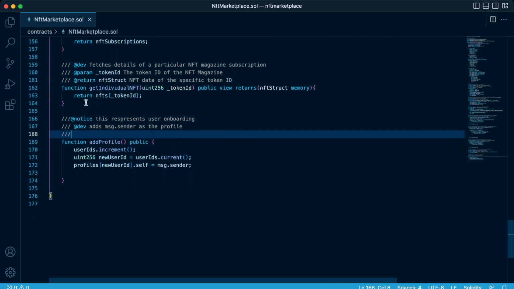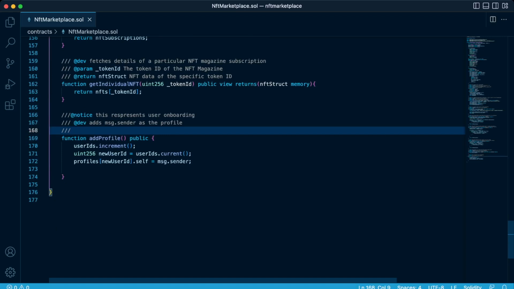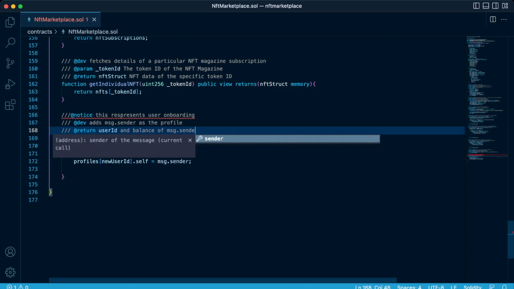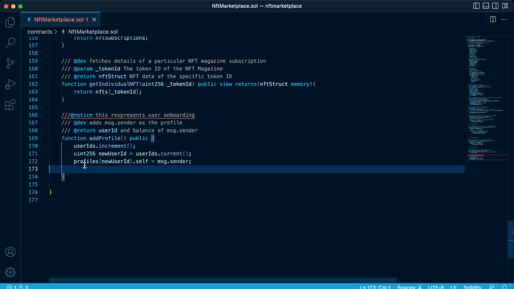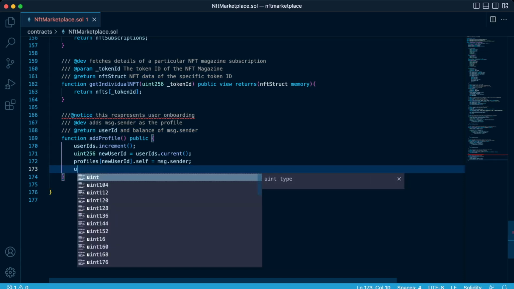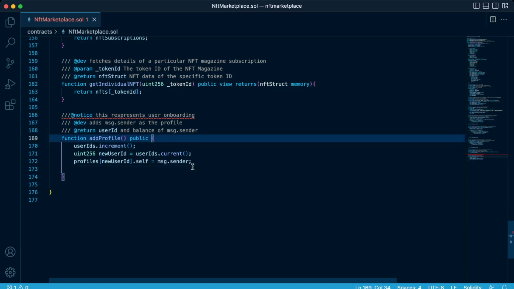So for us to, let's set the return. For the return, we are returning the user ID and the balance of msg.sender. Great. So we'll come over here and return. There are very many ways of creating a return statement in our function, so the one I'm doing will be one of them. So we say returns